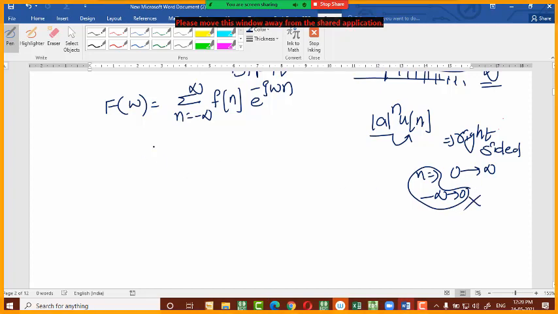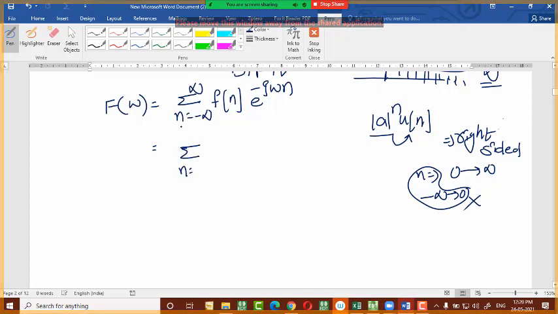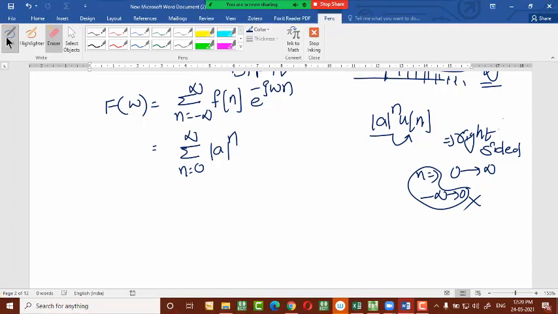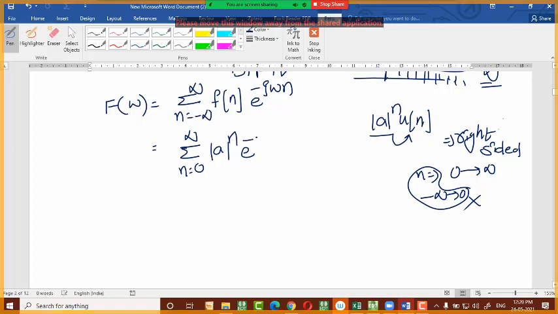So the sigma limits I will change. Actually, we need to do the summation from minus infinity to plus infinity, but because f of n is the right-sided signal, I can take from 0 to infinity. What is f of n? A whole power n into u of n. Already I have taken the condition here, right side only. So this u of n I can remove. I am removing here only. e power minus j omega n. Okay. Next,